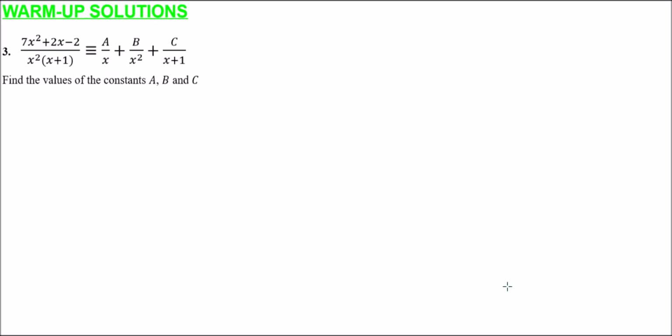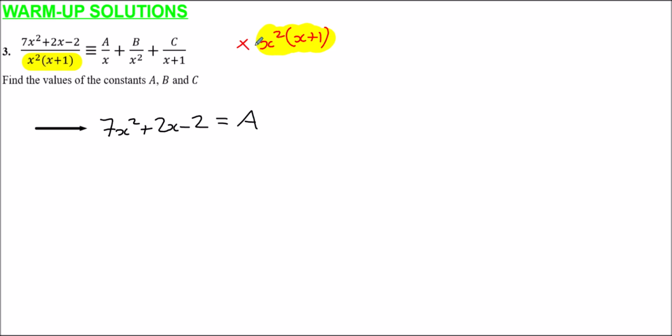Question 3. We've got a partial fractions question here, and we need to find the values of the constants a, b, and c. So what we do here is we multiply the whole thing through by this denominator, x squared (x plus 1). And then what we have next is just this numerator, which is 7x squared. Whoops, get the red pen again. So we've got 7x squared plus 2x minus 2